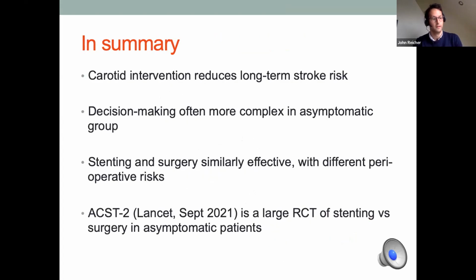So to summarize, operative intervention has been shown to reduce long-term stroke risk both in the symptomatic and asymptomatic patients with severe carotid stenosis compared to medical therapy alone. But it's acknowledged that decision-making can be more complex in the asymptomatic group, as the relative benefits of intervention are probably smaller. We've got evidence that stenting and surgery achieve similar rates of long-term stroke prevention, but with different perioperative